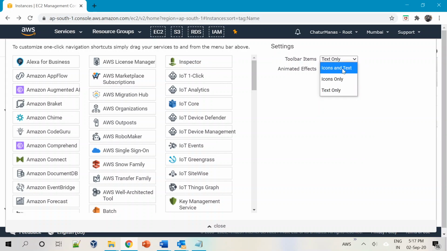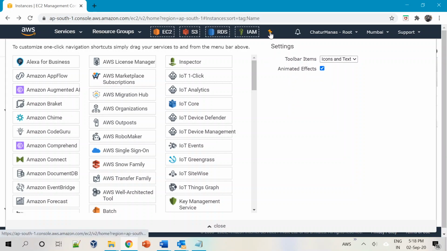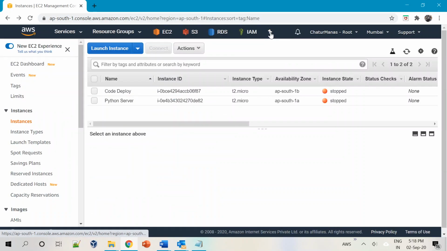Let's say I want to go with icons and text. Then there is an animated effect as well, whether you want that. I'll leave it as the default one, and again I'll click back on this pin, and you will see that EC2, S3, RDS and IAM are already on my toolbar.